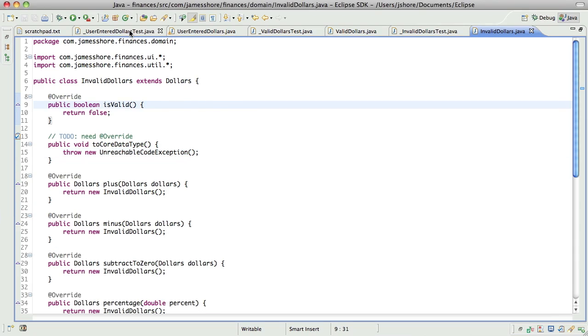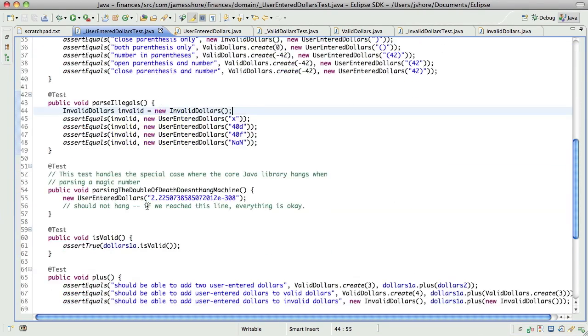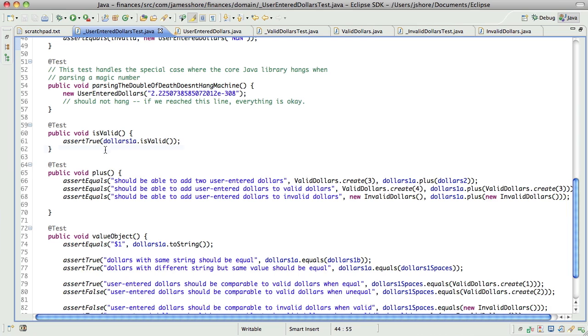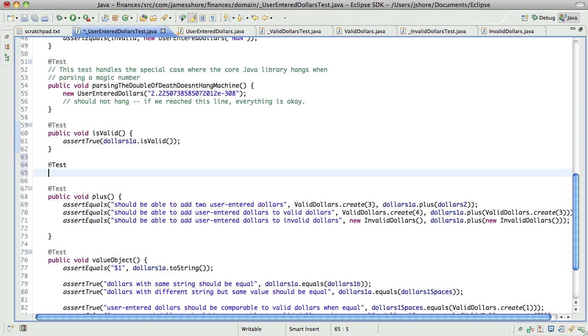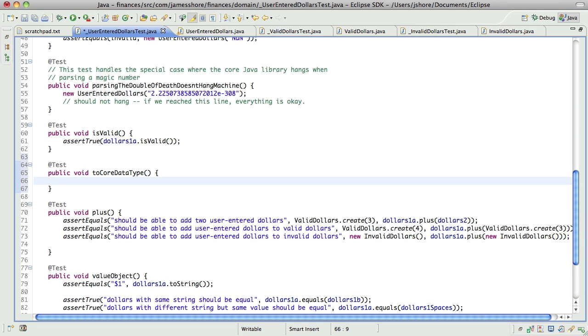Now we're getting somewhere. And here in user enter dollars, we'll just expect this to use whatever's underneath. I'm not going to test all the cases because it's just going to be really simple, I think. So we'll test that, and we'll test